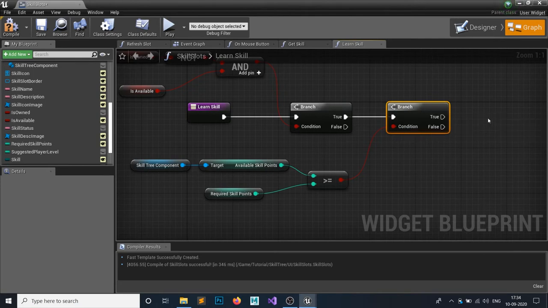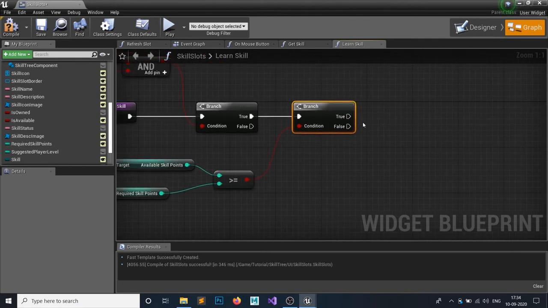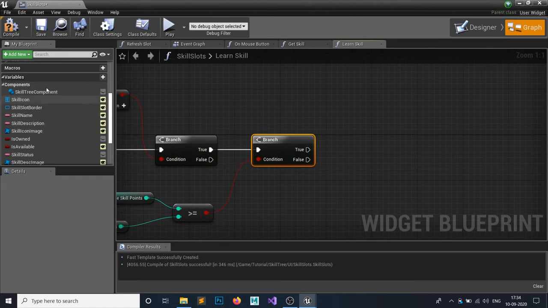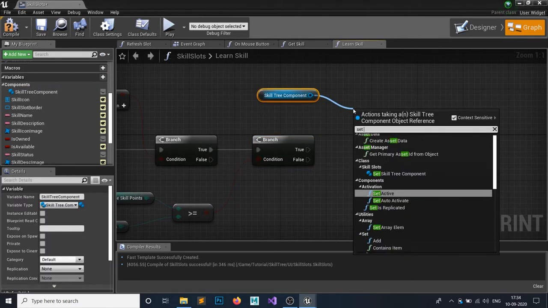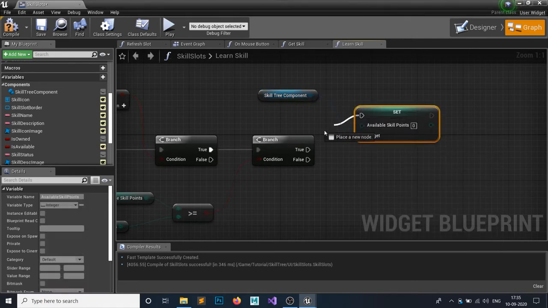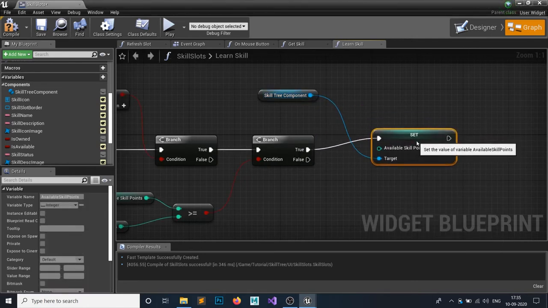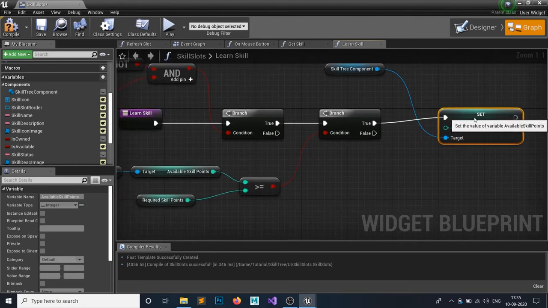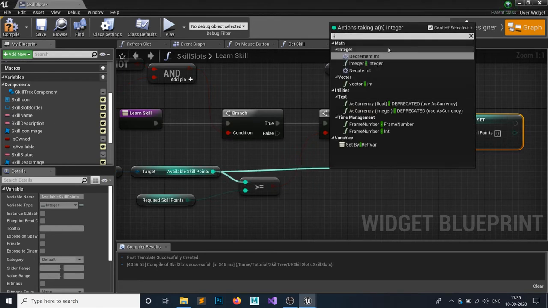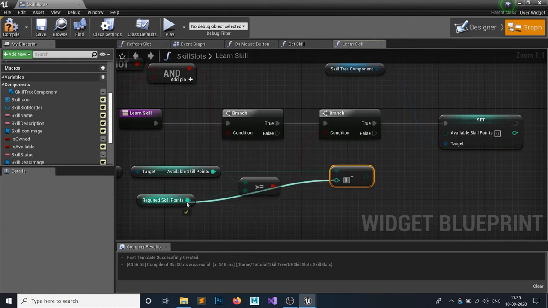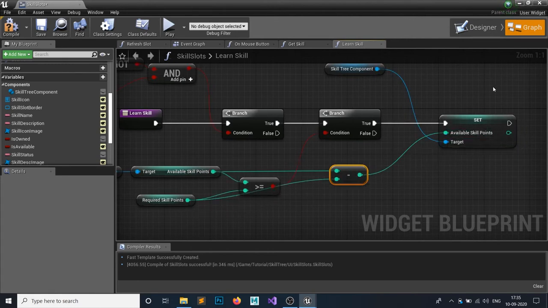If both are true, then we're going to learn a skill and set our skill points to minus. So get skill component and set available skill points, and we want to decrease our available skill points by the required skill points. Let's say we have 5 skill points and we require 2 skill points to unlock it. After unlocking your skill, your next skill points would be 5 minus 2. So add a minus integer, add it to this required and attach it to here.